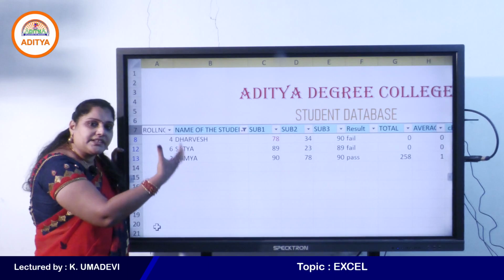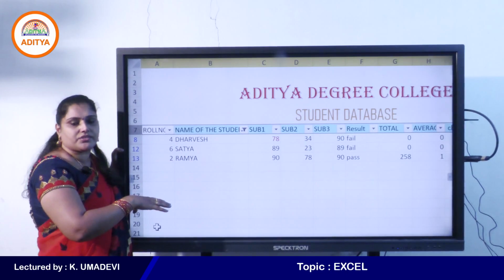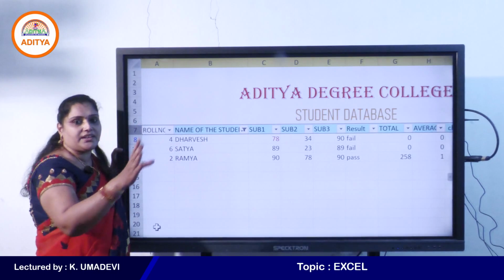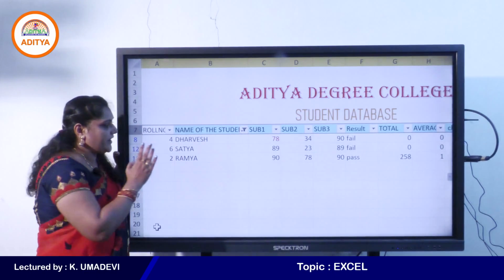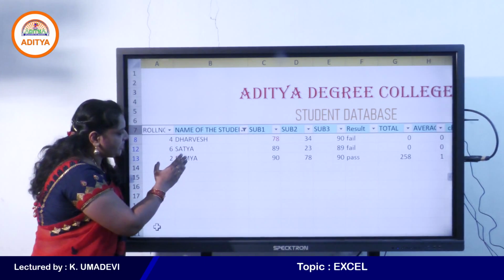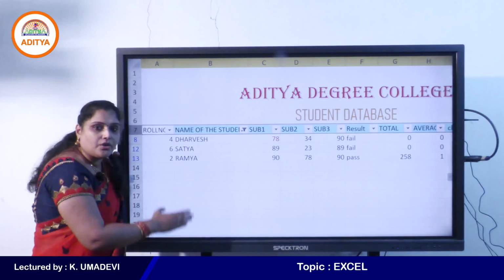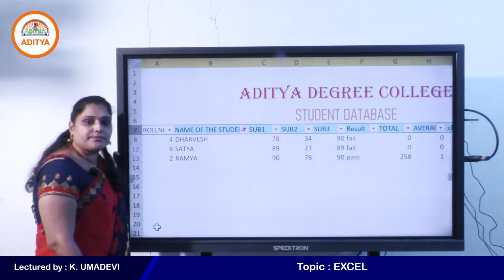That means it hides the remaining records or rows temporarily, not permanently. For example, here I will select only 3 names, so this sheet only displays the 3 records, right.